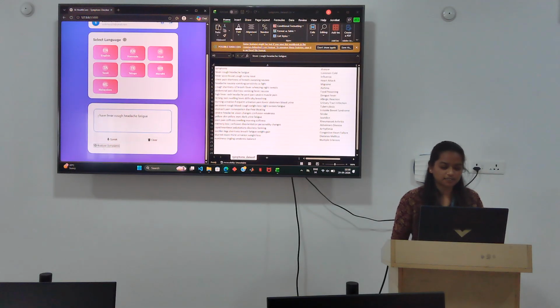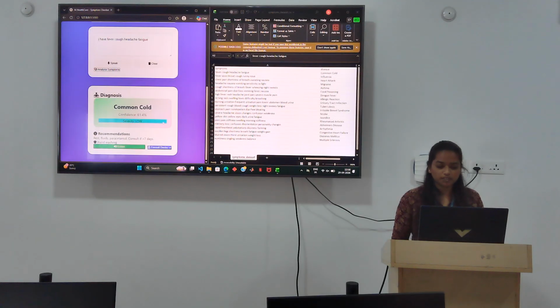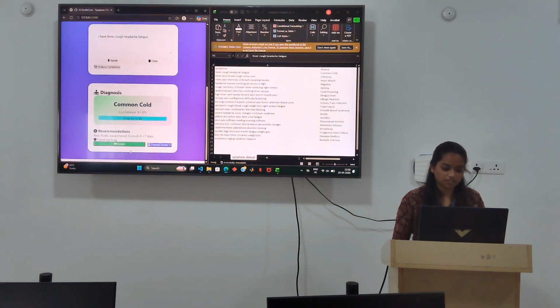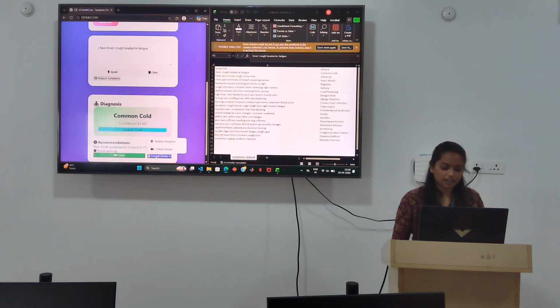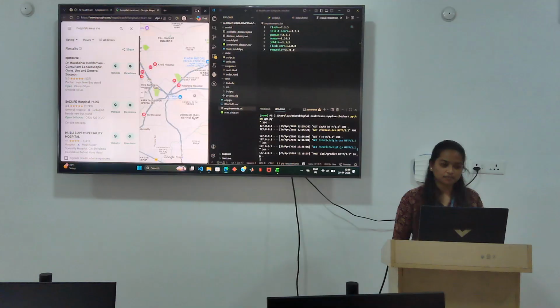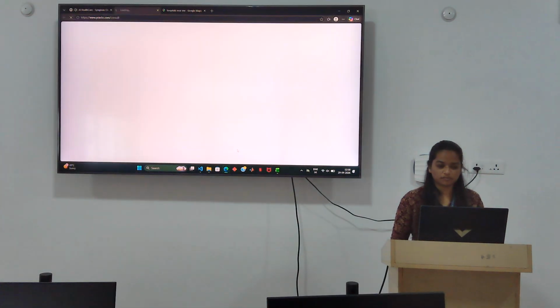This is a sentence, and analyze the sentence. So it has predicted the common cold with my data set, and it will also give the output with the consultation details and all. And here are two more buttons: nearby hospitals, which redirects to Google Maps, and the other one is the online doctor, which redirects to